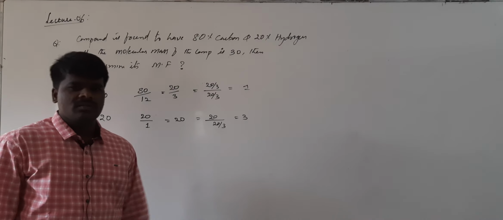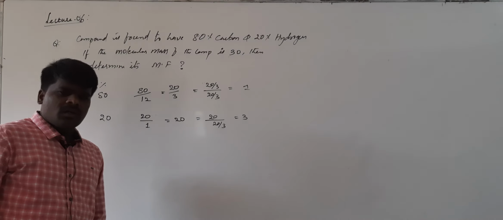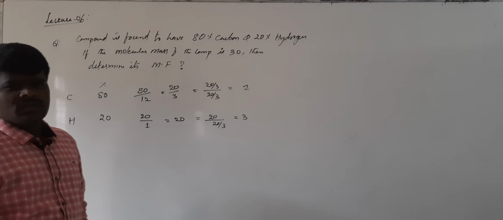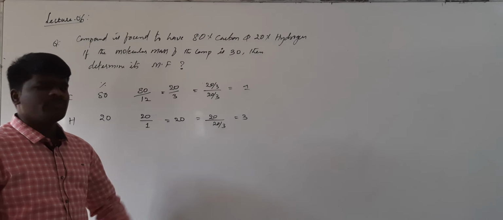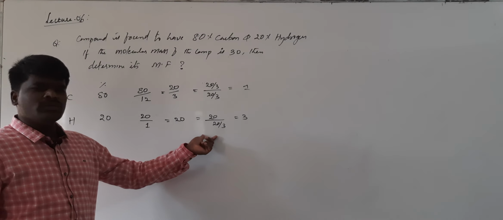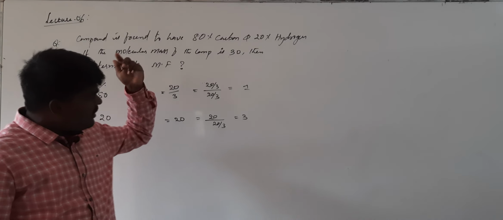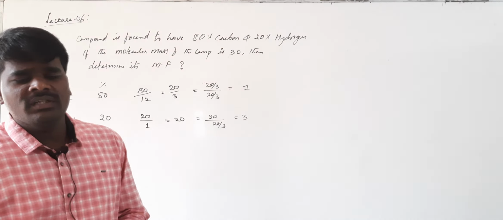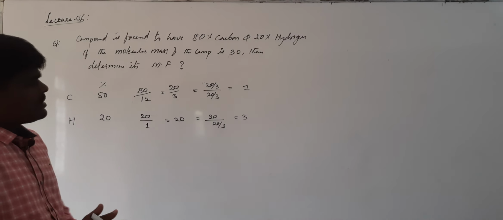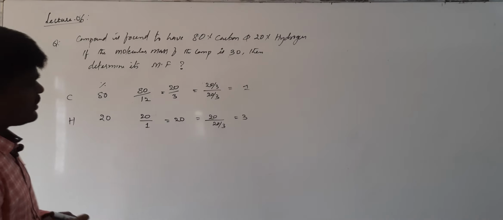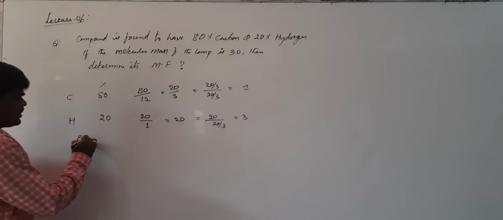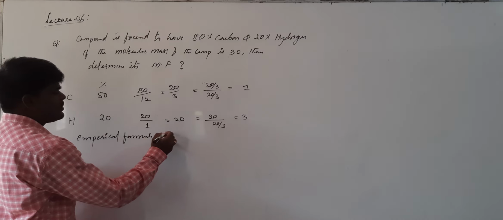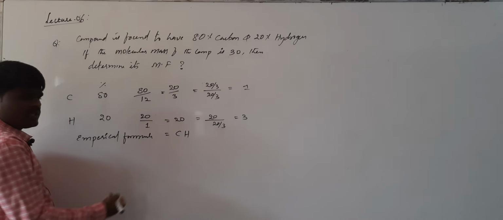The relative number of atoms always has to be in integer values, it should not be in fractional values. So, if the relative number of atoms are fractional, then you have to divide by the lowest relative number of atoms of an element. And even after that, if you get a fractional value, this fractional value has to be multiplied by the lowest integer value to get a whole number ratio. Now, what is the empirical formula? Here the empirical formula of the compound is carbon and hydrogen. What is the number of atoms of carbon? 1.